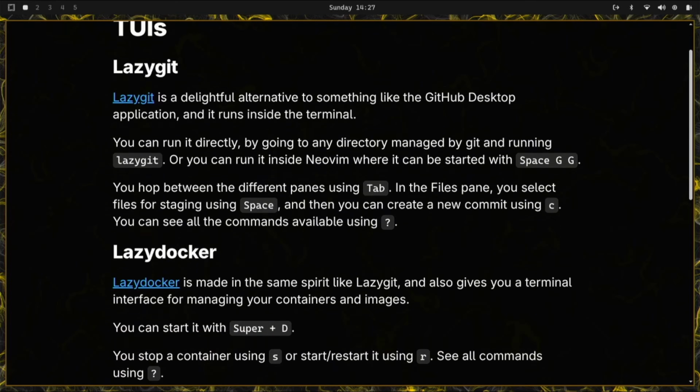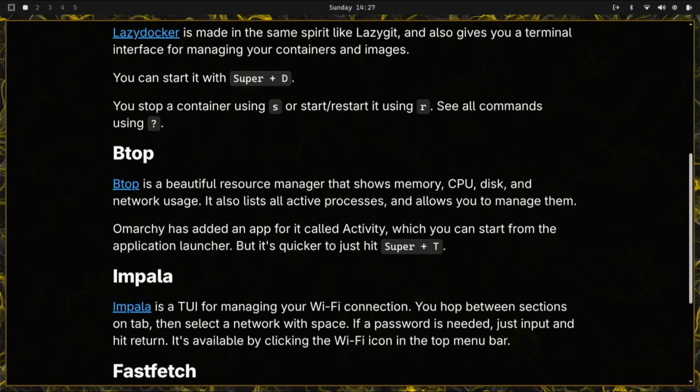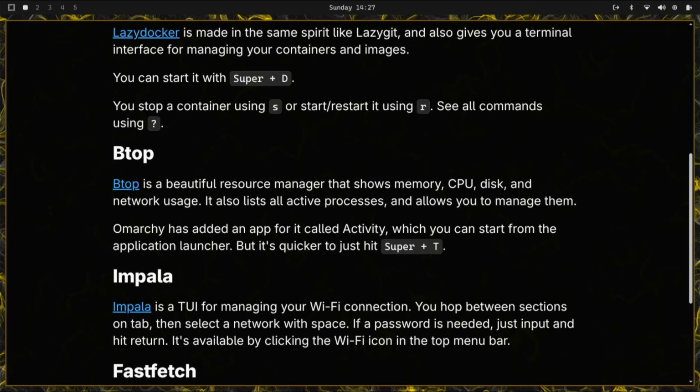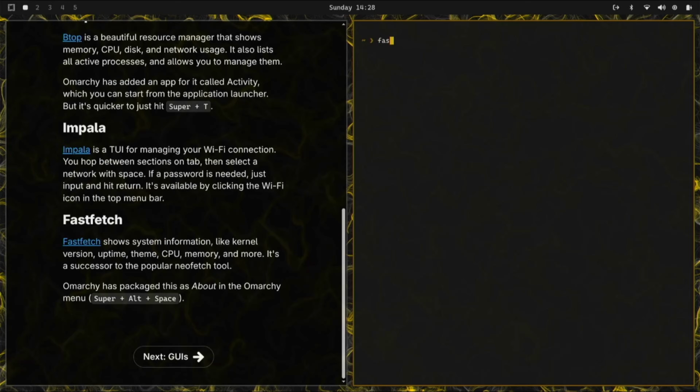So for TUIs, we have LazyGit, Lazy Docker. That one's cool. I showed it before. That is a nice way to manage your Docker containers. BTOP, well, how do we get that? Super T, yeah. Super T brings up BTOP. Impala for Wi-Fi connections. I've never seen that. And Fast Fetch will give you system information,